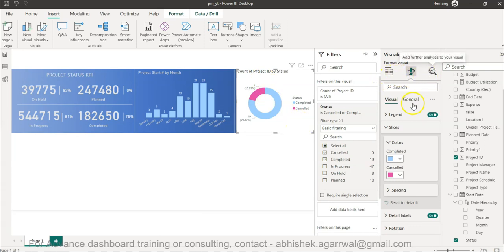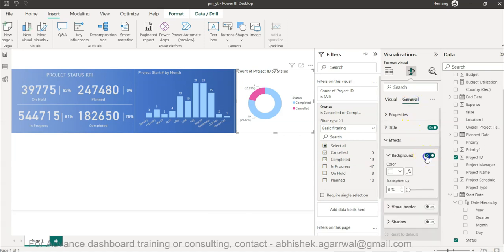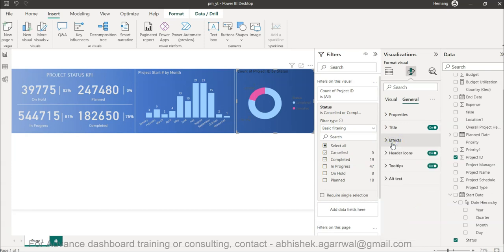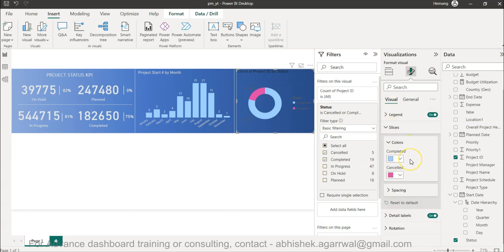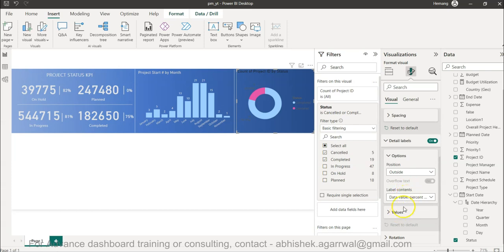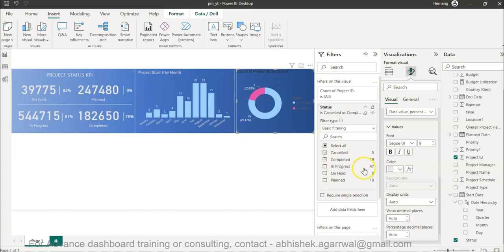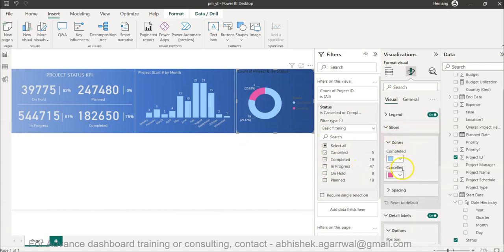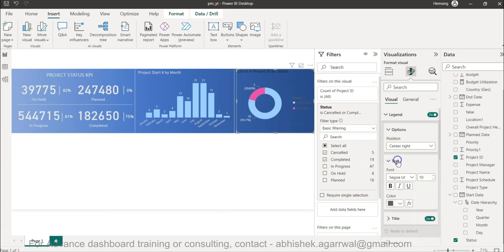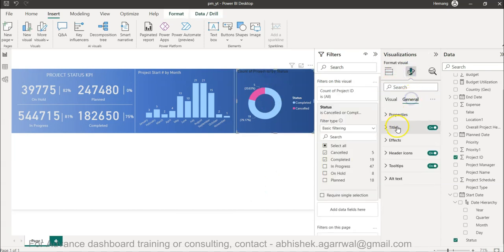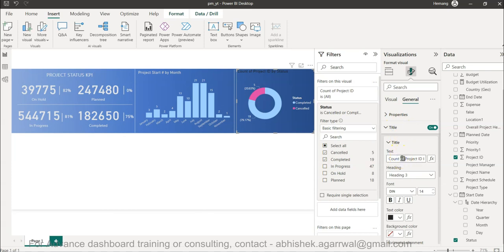And then in the general effects, background is removed, right? Now what we need is basically some legend and this information so that it is properly coming. So details label, values, color. Okay, so this value is coming now. Now slices is there, legend, text, this color is coming like this, and even for the title, coming over here in general, title, project status,